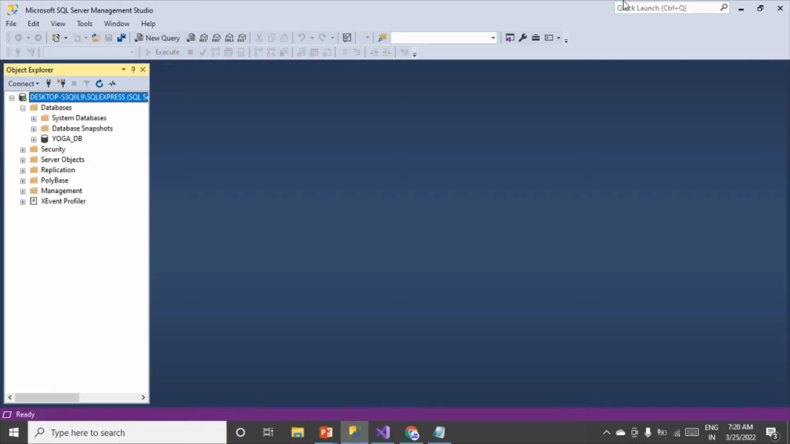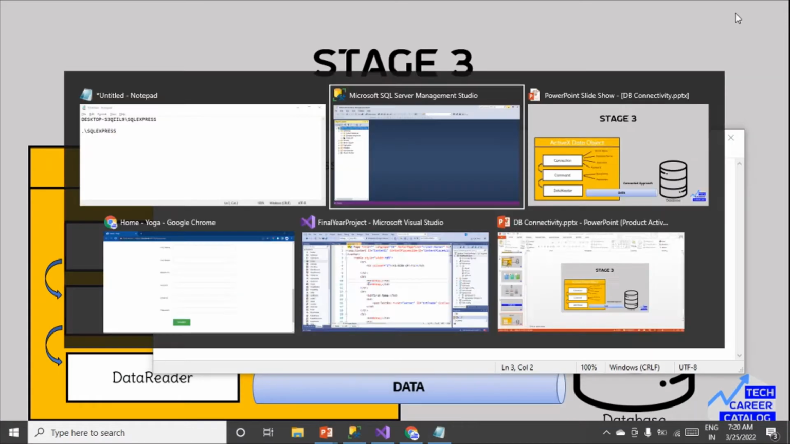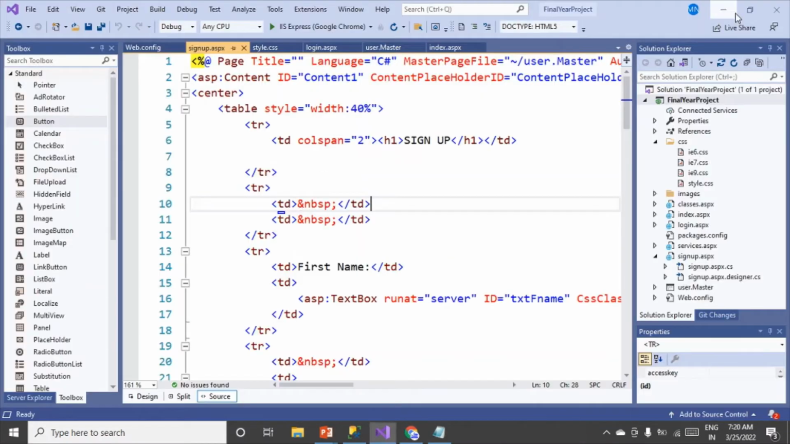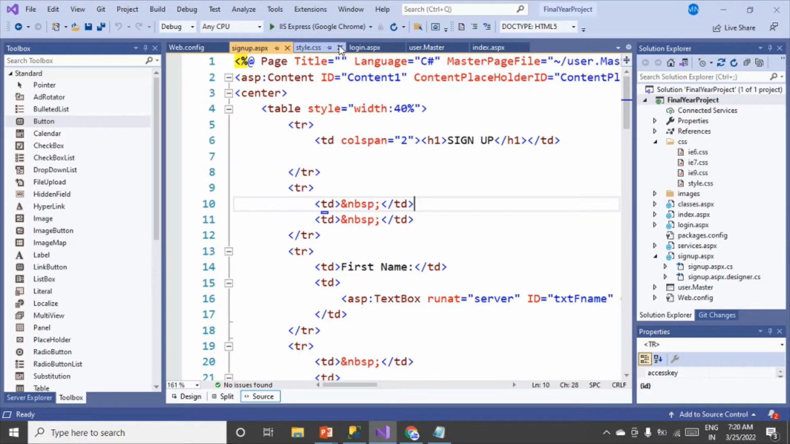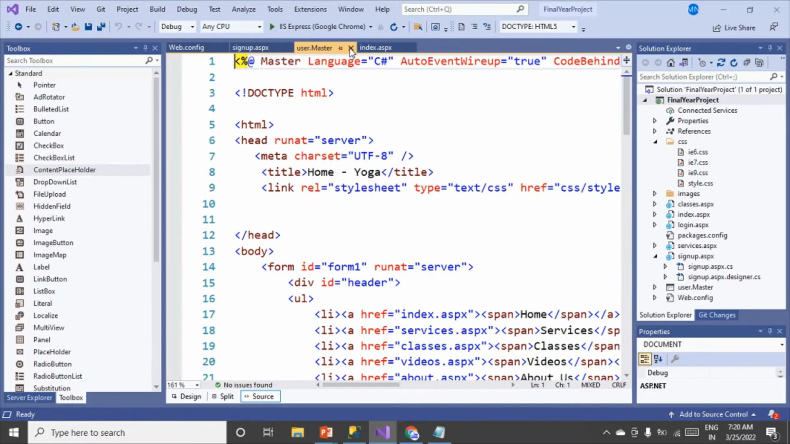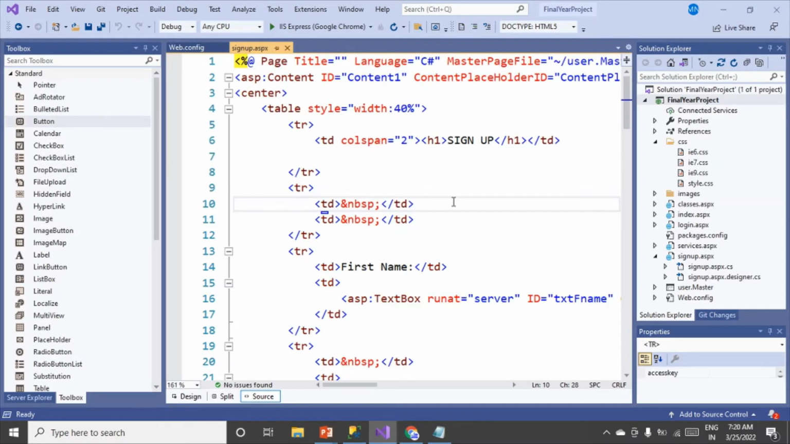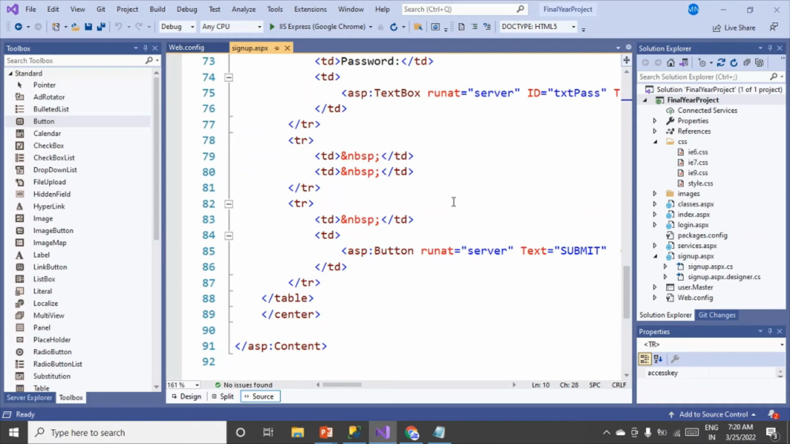Okay, now fine, we'll switch to Visual Studio. Here it is, and this is the signup form. Let me close all the other files. We have already put one button here and we have to write the code for that button. Whenever we submit, the connection should get built and all the details from the text boxes should get fetched and stored in